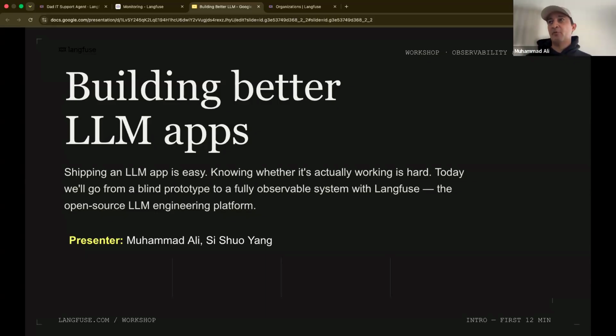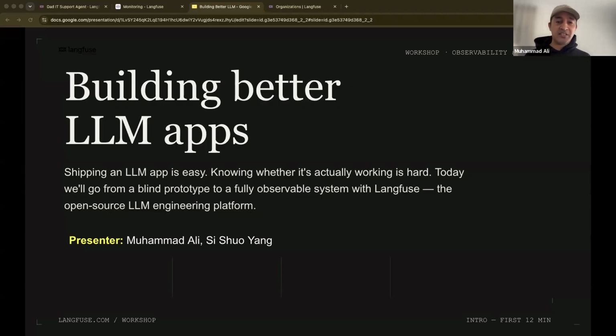Everyone, thank you for joining our workshop today. In this workshop, we are going to learn everything about Langfuse and how it helps AI engineers improve their agentic application or any other LLM applications, and potentially ship with confidence, because that's very critical when you are building an LLM application.